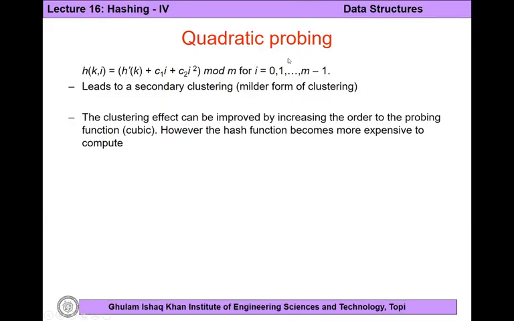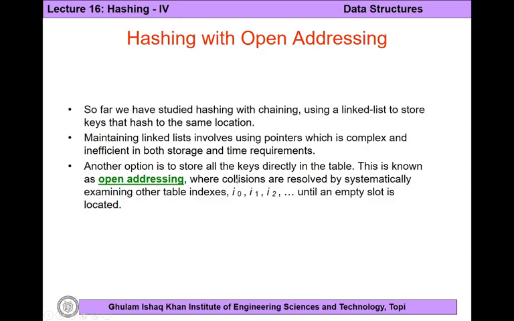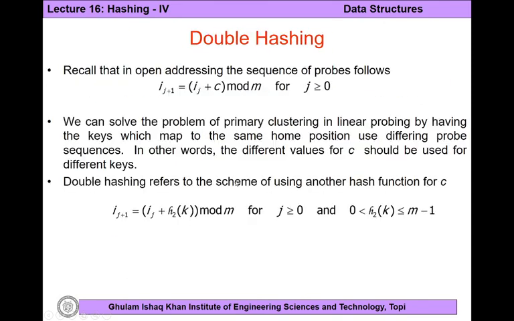And as I told you, in addition to chaining and open addressing, in which we did linear and quadratic probing, there are other solutions as well. One of the solutions is double hashing, right? As the name indicates, in double hashing we have two hash functions. You use the first hash function to map a key to the hash table, and if it results in a collision, you go for the second hash function. Of course, the second hash function may also result in a collision. Then ultimately you will either go for chaining or open addressing.